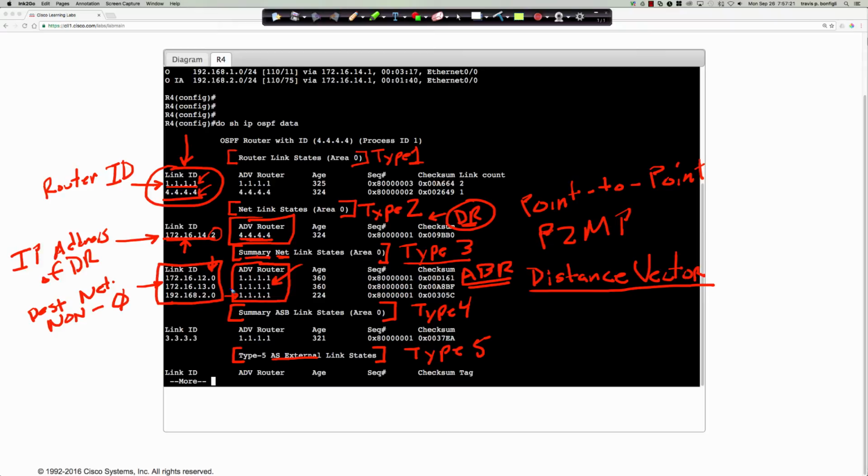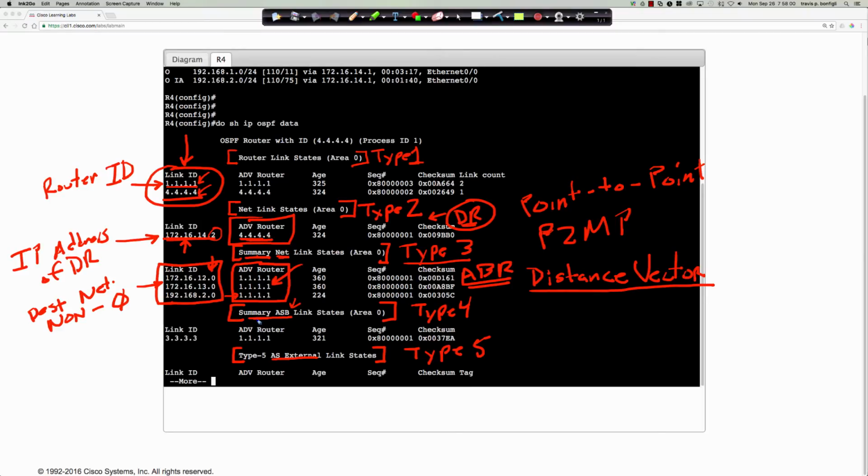All right, so let's go ahead now. We're going to move on to my favorite LSA, which is the type 4 LSA. Now, the type 4 LSA is the summary autonomous system boundary link state. And so what is that all about? What would the summary autonomous system link state be all about? Well, if you're thinking that it's got something to do with possibly a type 5, then you could very well be right. So the type 4 LSA is very similar, and I want to say similar kind of in function